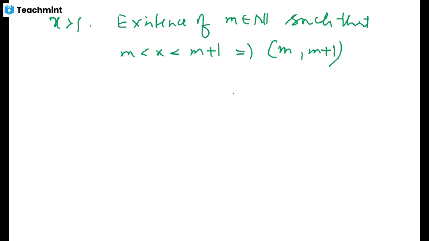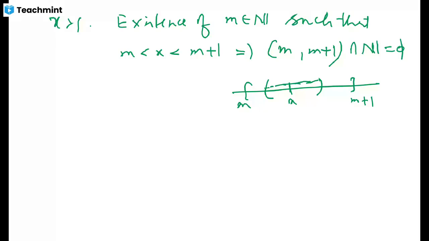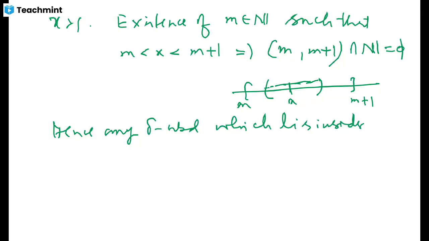This may not be a delta neighborhood, because you might have a situation where x is here, m is here and m plus 1 is here, but we can choose a delta neighborhood. So we can choose some delta here, and any delta neighborhood inside this open interval m and m plus 1 is a neighborhood which contains no natural number. Indeed, because this neighborhood with left hand point m and right hand point m plus 1 contains no natural number, it has empty intersection, and hence any delta neighborhood which lies inside m and m plus 1 contains no natural number,